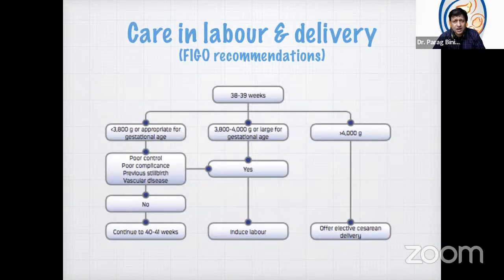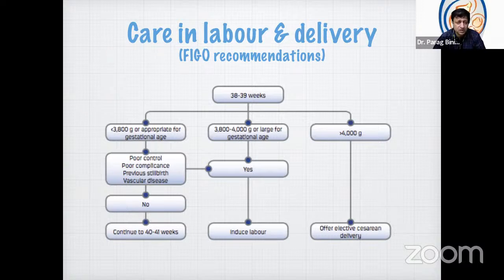Care in labor and delivery is extremely important, and FIGO recommends that we should do a proper assessment at around 38 to 39 weeks. If the expected birth weight is more than 4 kg, one may offer elective cesarean delivery, looking at all the circumstances. If the weight is less than 3,800 grams, or if we are dealing with an appropriate for gestational age patient, the next thing which we should look at is the glycemic control, the compliance of the patient, whether there's a history of previous stillbirth